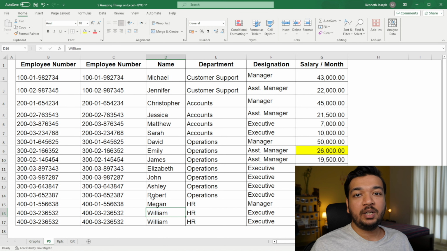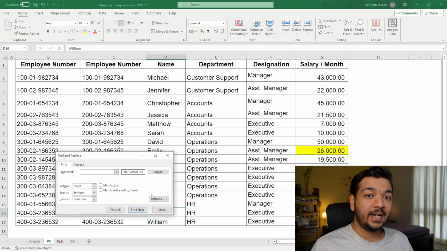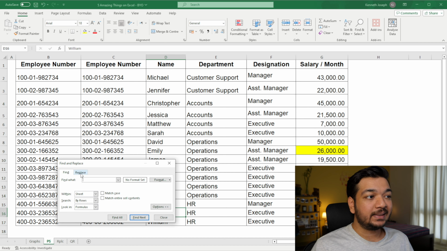Now you might be already familiar with how to find data in Excel. You use the Ctrl F shortcut to bring up the Find dialog box and you just type in what you want to find and click on Find All or Find Next. But there is also a Replace section in this dialog box where you can find some data and replace it